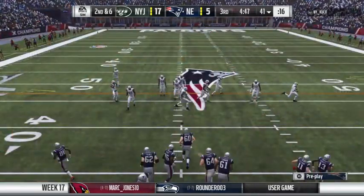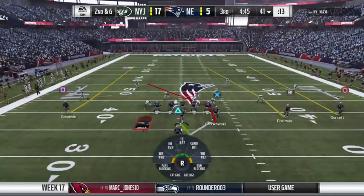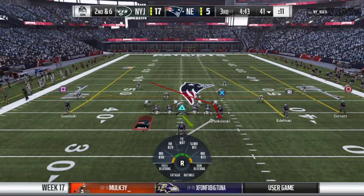Here we go. Let's go. Tight left. 4 down, 4 down. Check. 4 down,